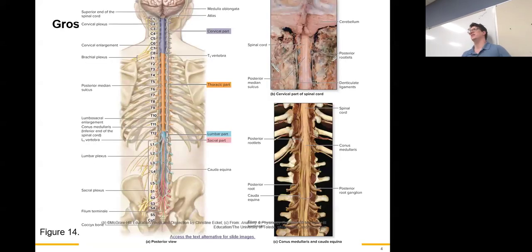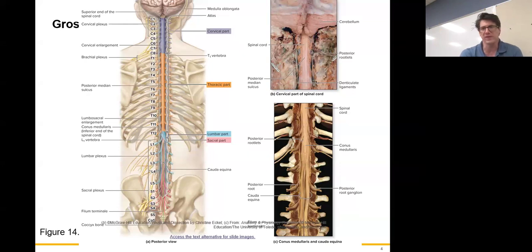So here we have an image of the spinal cord. Okay. Now, the spinal cord is going to start right at the foramen magnum of the skull. The moment that we have nervous tissue exit the foramen magnum of the skull, that means we are now in the spinal cord. And it's going to travel, of course, through the vertebral foramen in our vertebrae. So remember how we had that little opening at the top of every vertebrae. So it's just going to be passing through that, and it's going to go all the way down,